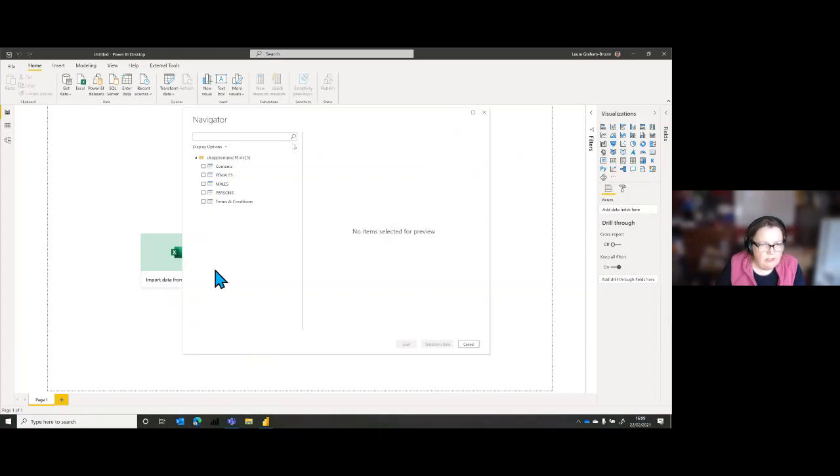Okay, so I've got data here. The persons tab is the one that I want. Now the preview isn't particularly good. That's because it's got so many columns. It's hardly showing me. So 102 columns. What a delight. So you can't see much of the data in there, but it is there.